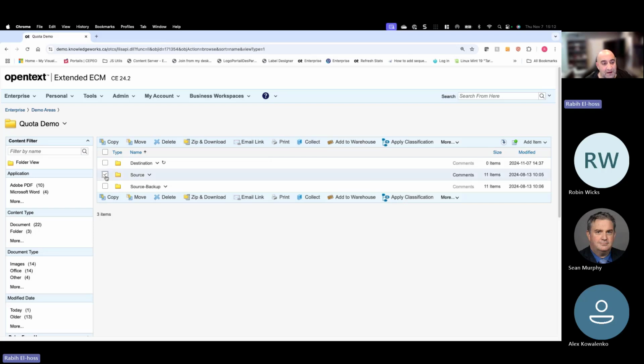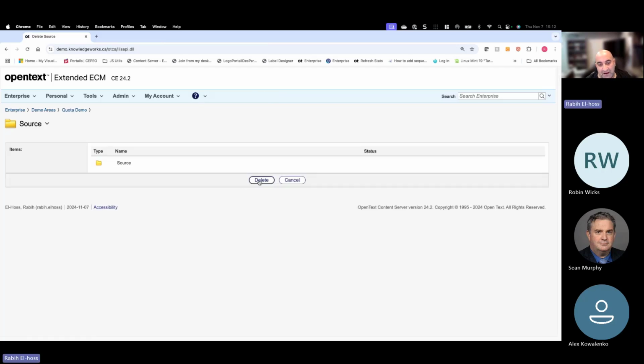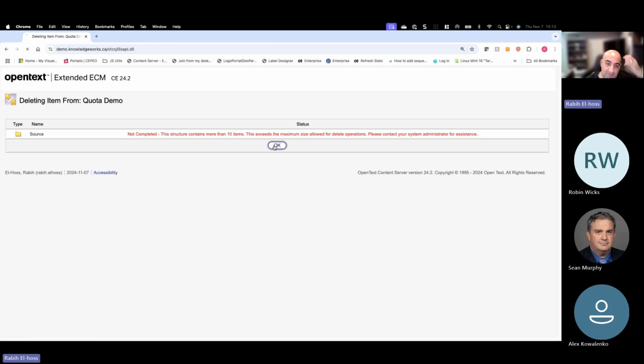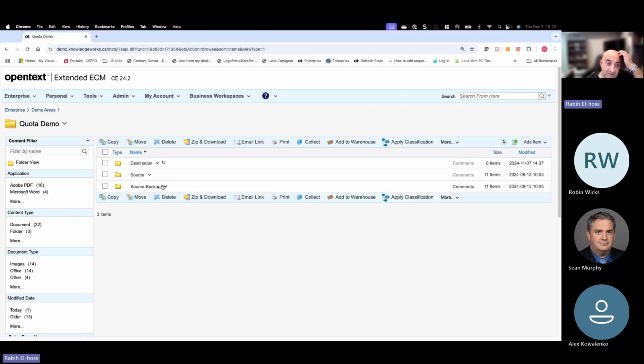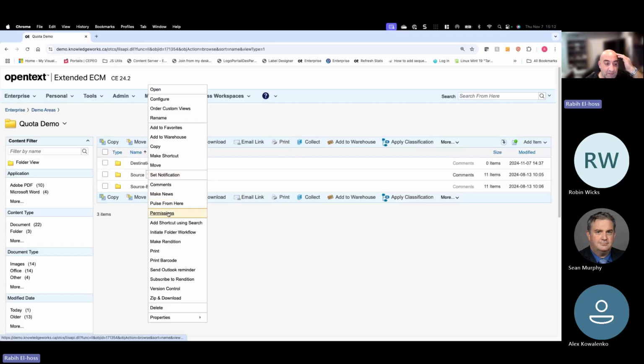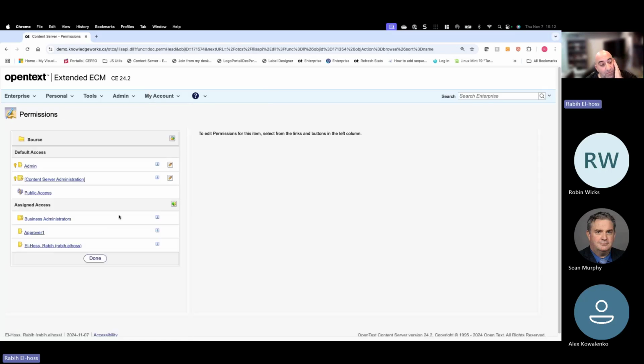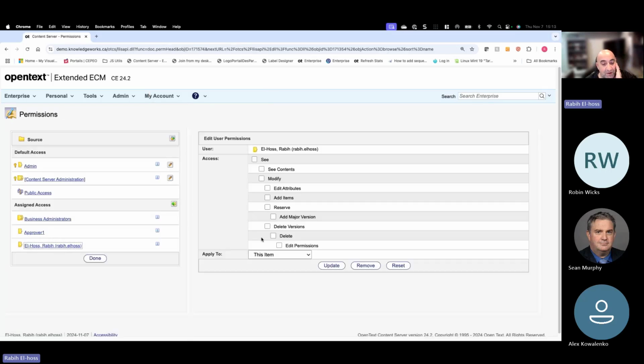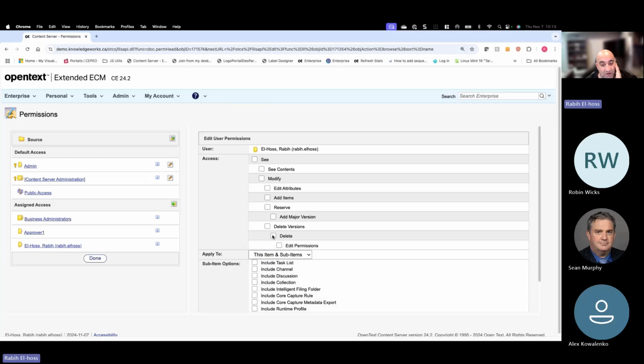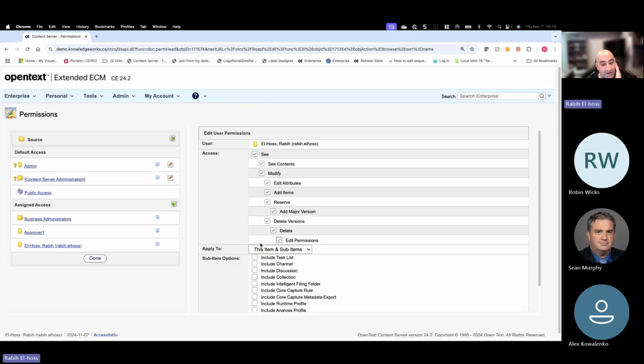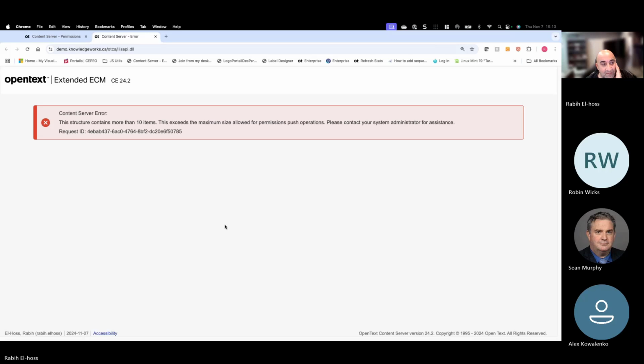This source has 11 items, so if I pick anything over, it'll give me the same message. The same applies if I try to apply permissions to a folder that has more than these 10 items. It contains more than 10 items, so I can't push